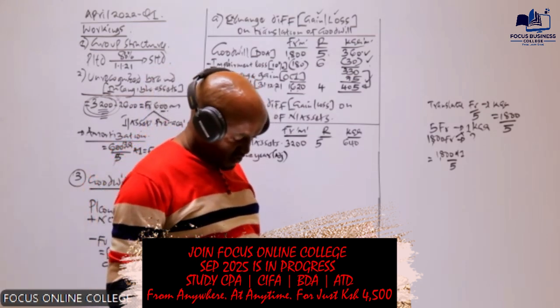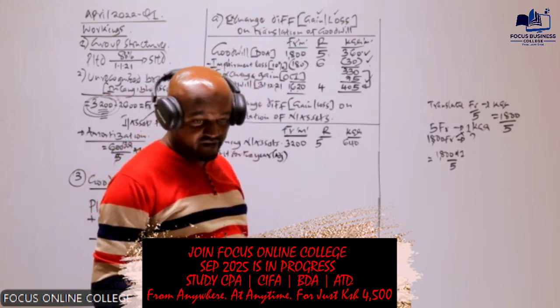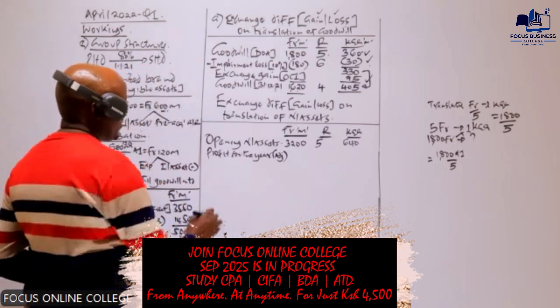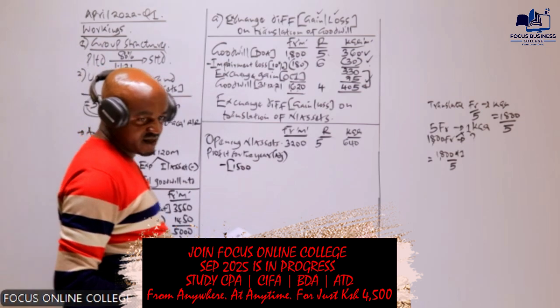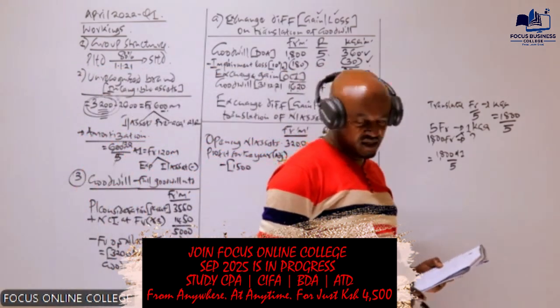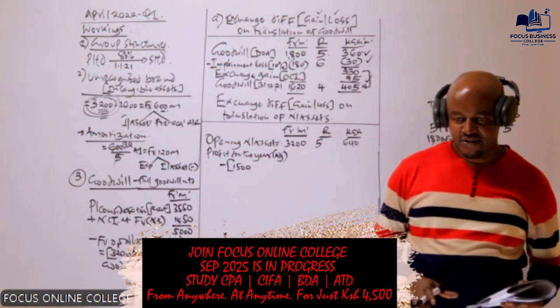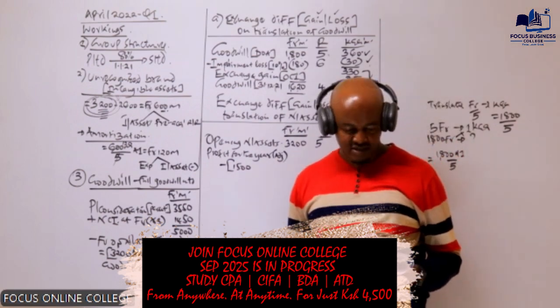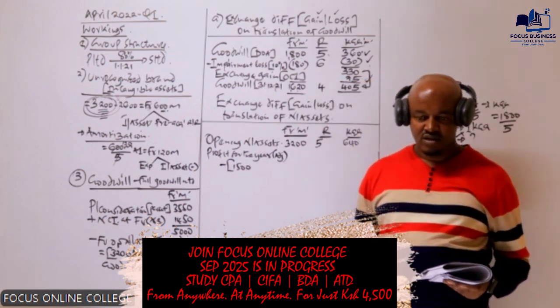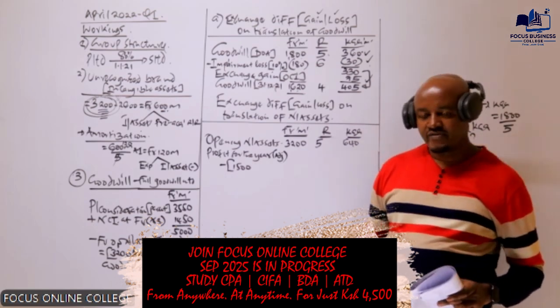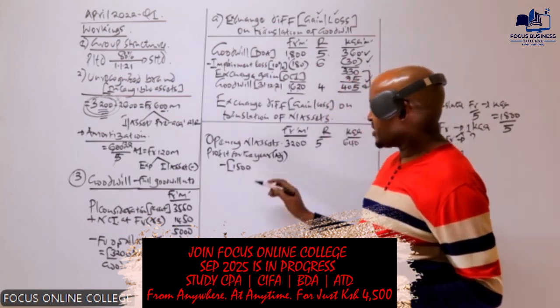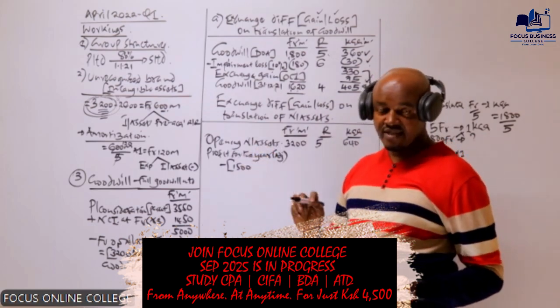From the income statement of S, how much was its profit for the year? Its profit for the year is 1,500. I hope you can see that. From the income statement of S, its profit for the year is 1,500? Yes. Now, I've said you need to check whether this foreign subsidiary, S, had